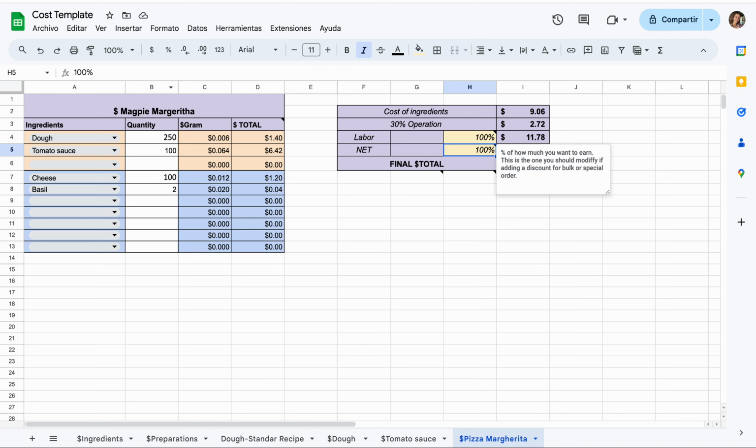Then you will be adding, if you want to add a discount for bulk, or a special order, or whatever discount you want, then you're going to add that there, so you know exactly how much you need to charge. So let's say you want to give 20% because it's a family member, or a regular customer, or whatever. Then what you're going to do is that you are going to be earning only 80%